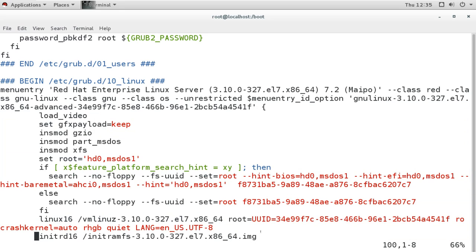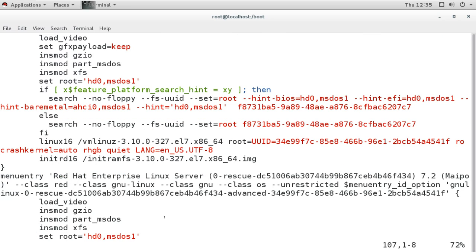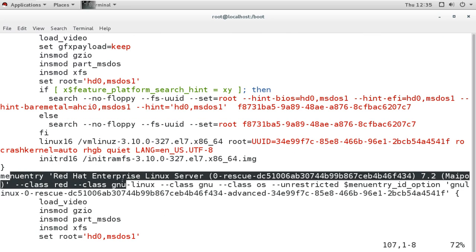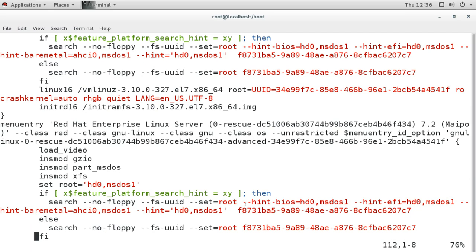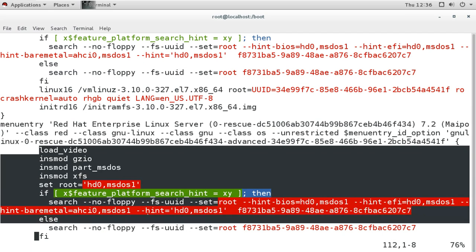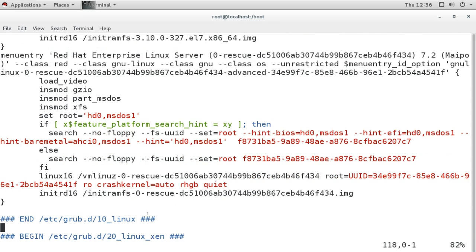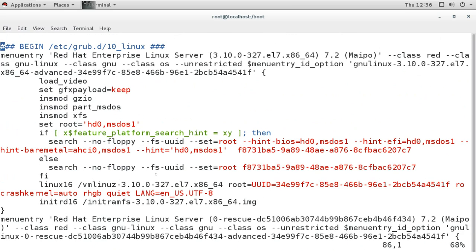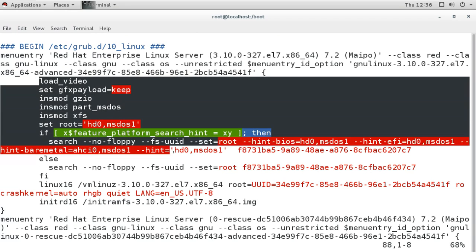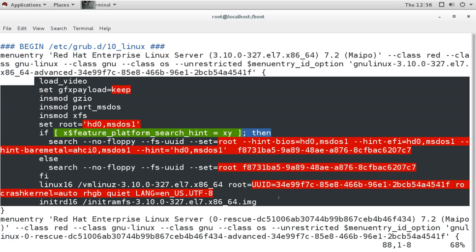And if you select another kernel, you can see there is another menu entry. If you select this kernel, which is rescue, you can see the name. It will load these settings, and then the setting ends here. Now these menu entry settings we have also seen when we press the E key. When we press E, it shows us these settings to change, and we can change those settings.